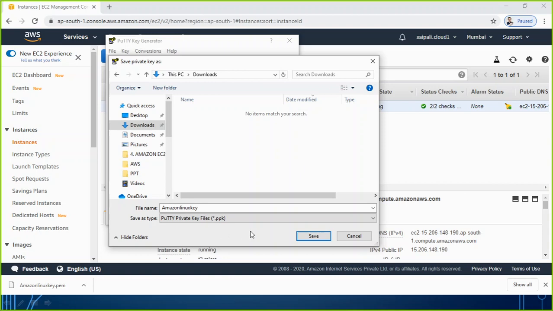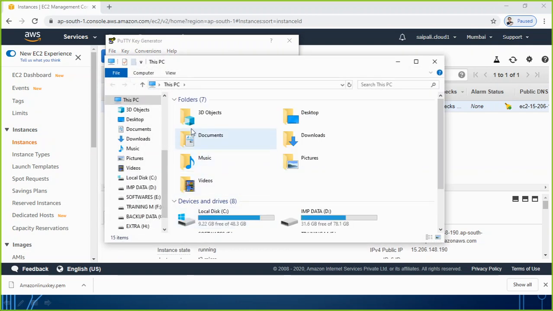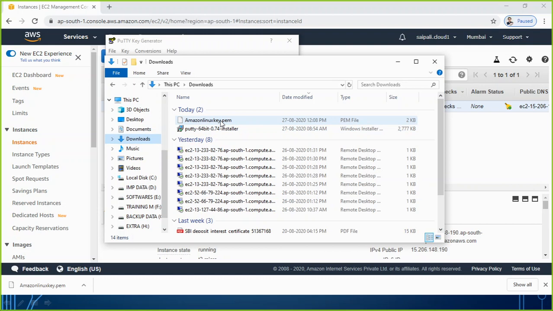Again I'm repeating what I am trying to do. In my downloads, I already have a PEM file, but my PuTTY software needs a different file extension. It requires the ppk extension, PuTTY private key, and the one which we have is PEM.